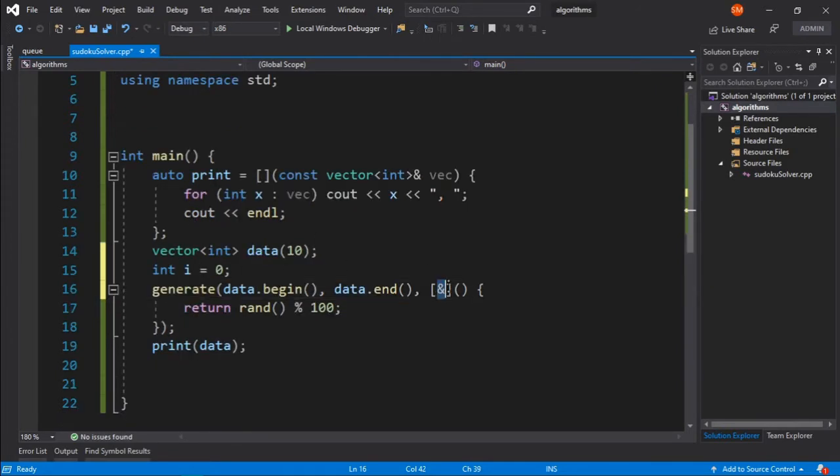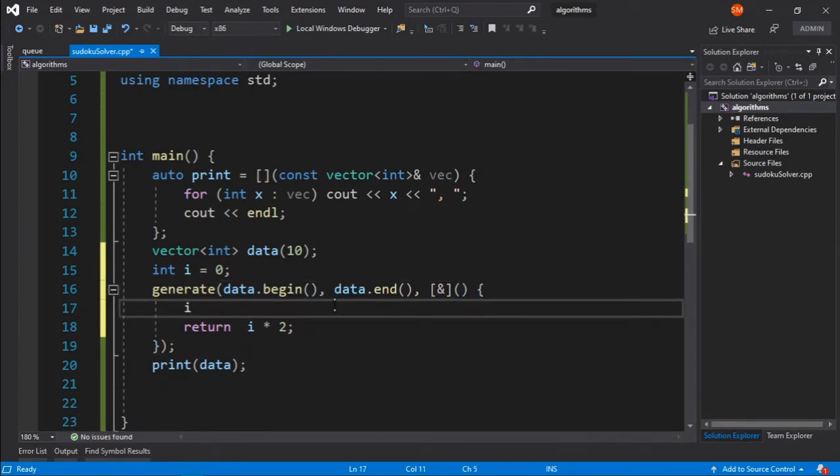So I will just simply give an ampersand here, and I can simply return i times 2. Okay, and after every successful call, I want to add 1 to i.